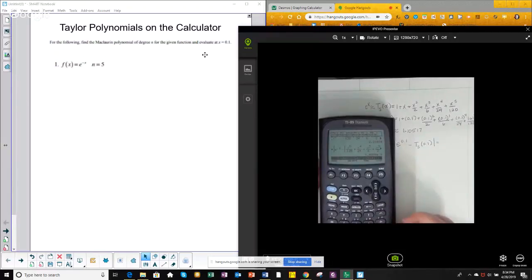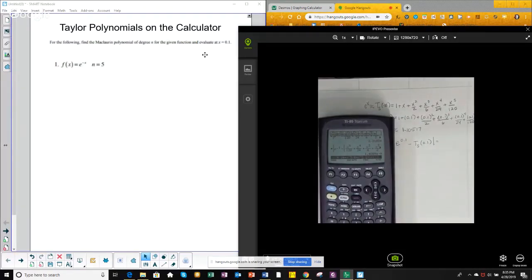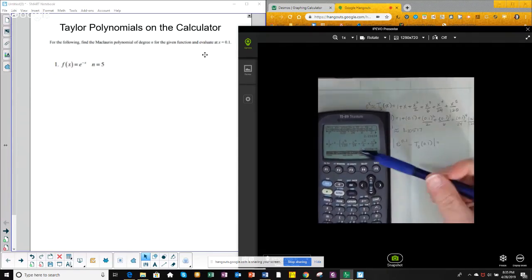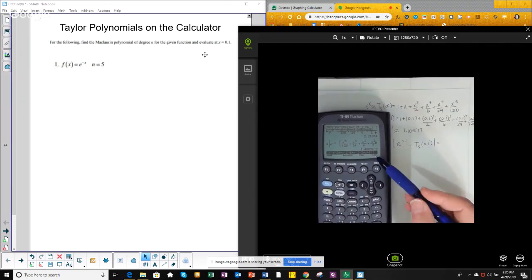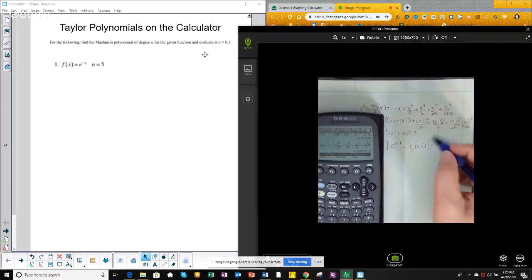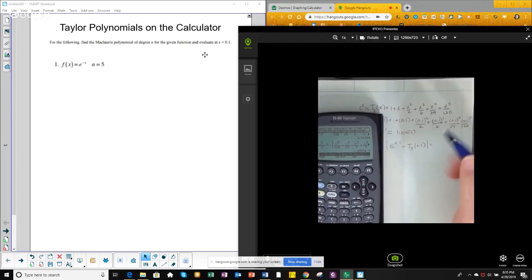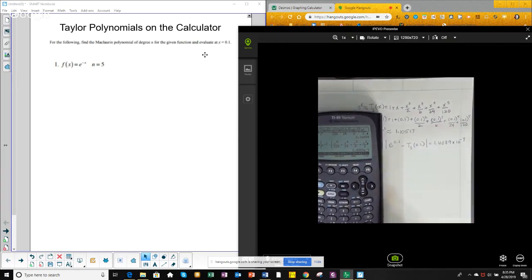There we go. I like that much better. It helps when I actually follow my own algebra techniques better by putting parentheses around my polynomial. So this tells me that the actual error is going to be on the magnitude of 1.4089 times 10 to the negative 9. Now that's amazingly accurate,